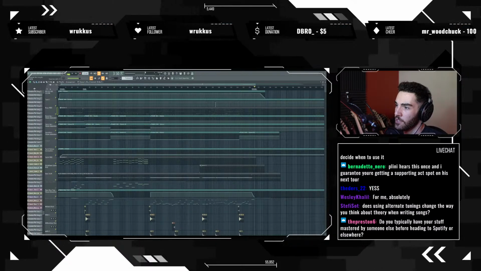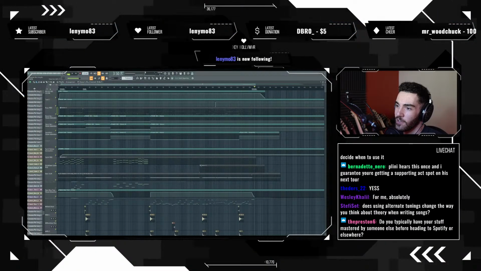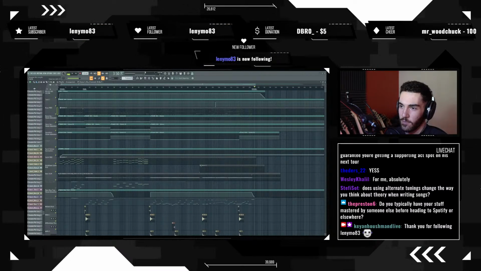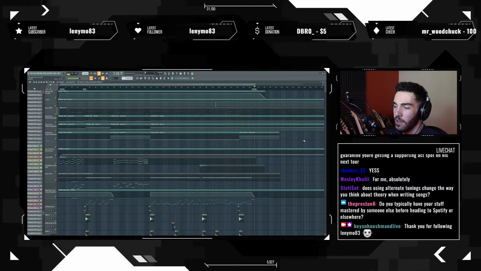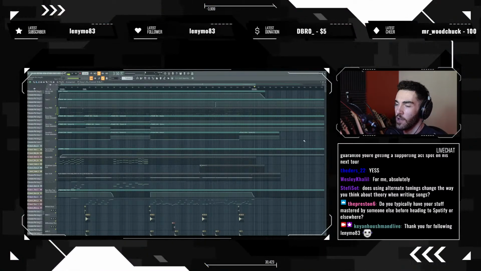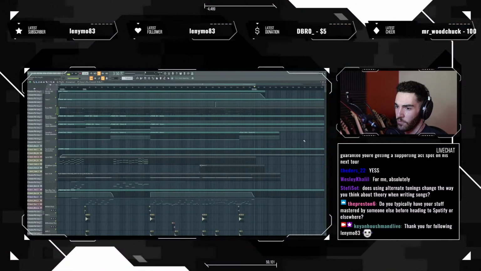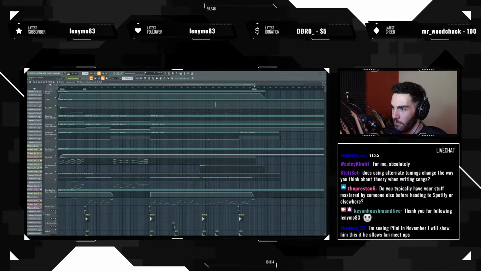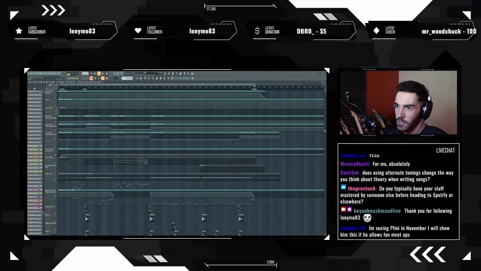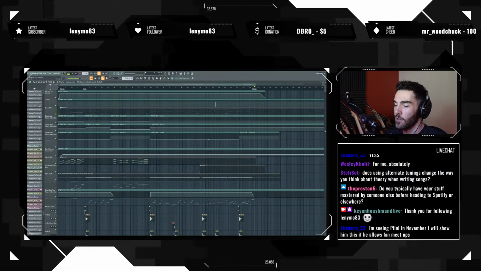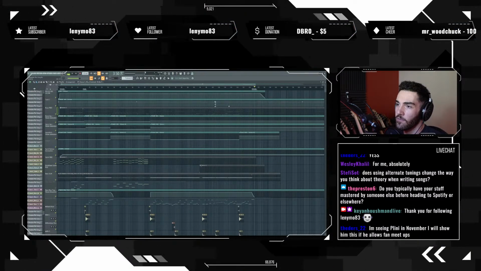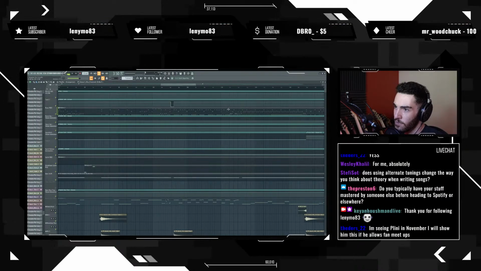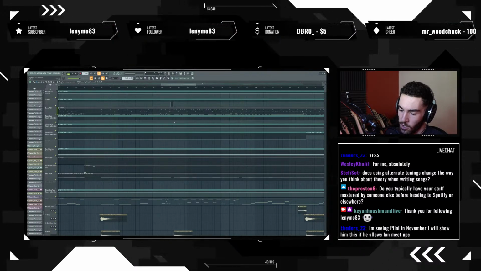My approach to metric modulation, how do I decide when to use it? Honestly, man, if I just go, oh yeah, this is a cool section, I might just mess it up a little bit. That's literally all I think about. I guess my reasoning for putting it in that section was because the breakdowns start to sound, I'm always very conscious of trying to keep things interesting while also keeping some sort of repetition. For example, if you were watching the stream when we were writing that breakdown, comparing that to what it is now, it almost sounds like a completely different part, even though the guitars are literally the exact same. Everything from programming in the drums properly, to adding that little break, to adding in the little fills and the metric modulation, it makes this part sound a lot more than it actually is.